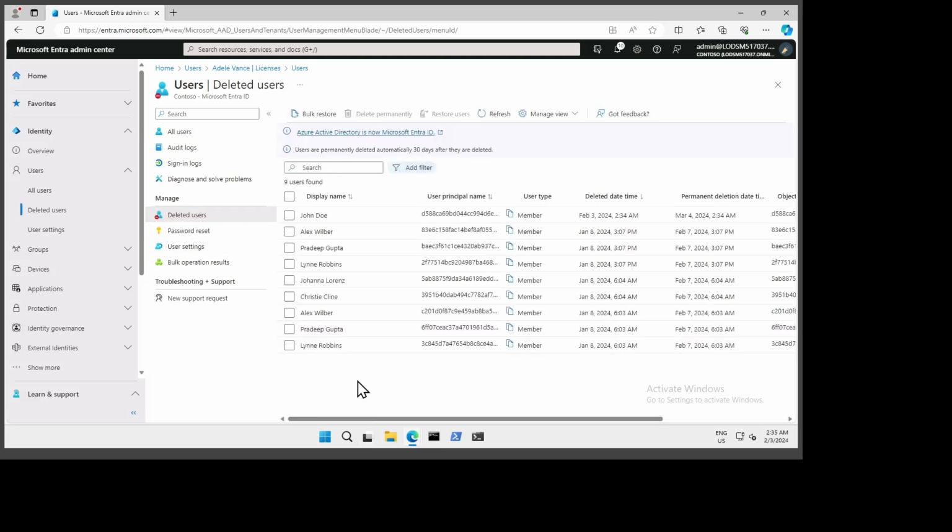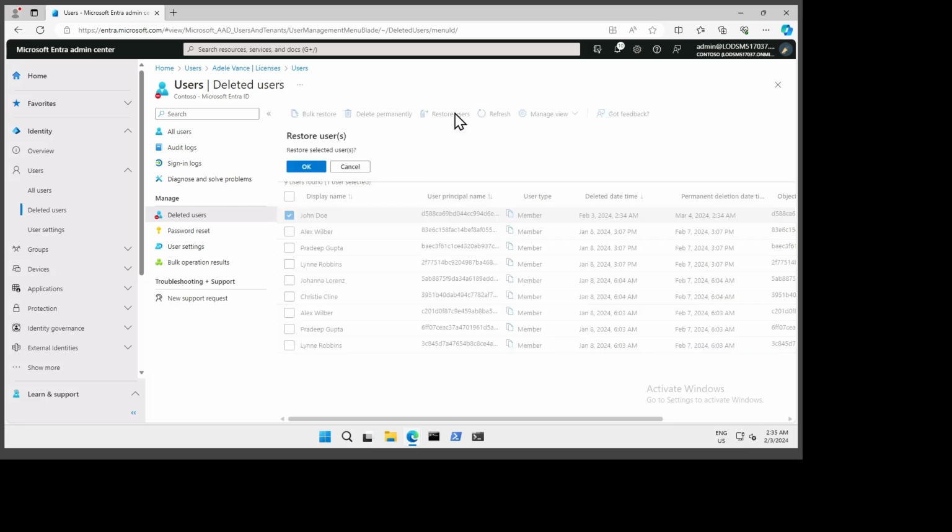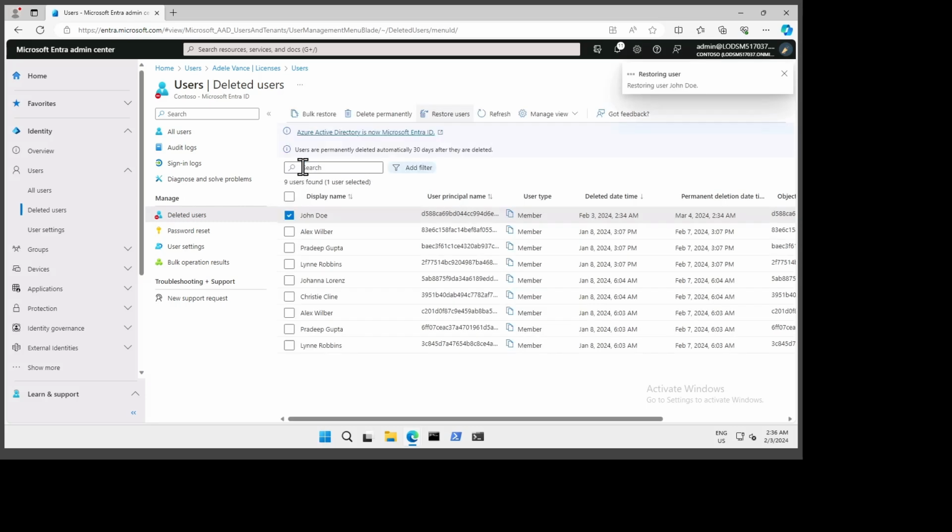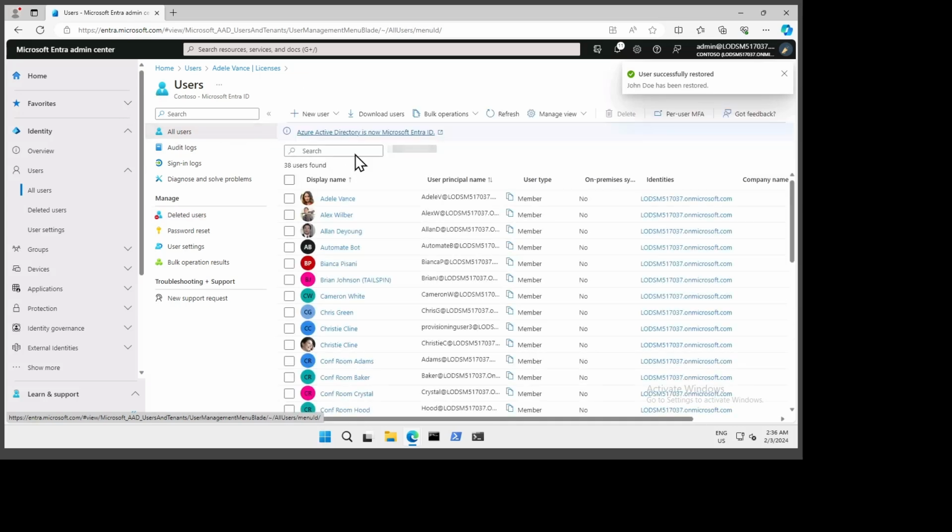and then we are going to see a list of all of the users that we have deleted. So to be able to restore this user back, we want to click on the user, and then we want to go ahead and click on restore user, and it prompts you, do you want to restore the user? The answer to the question is yes, I do, because I deleted the user by mistake. So I want to click on OK, and if I click on OK, it tells me that the user has been successfully restored,